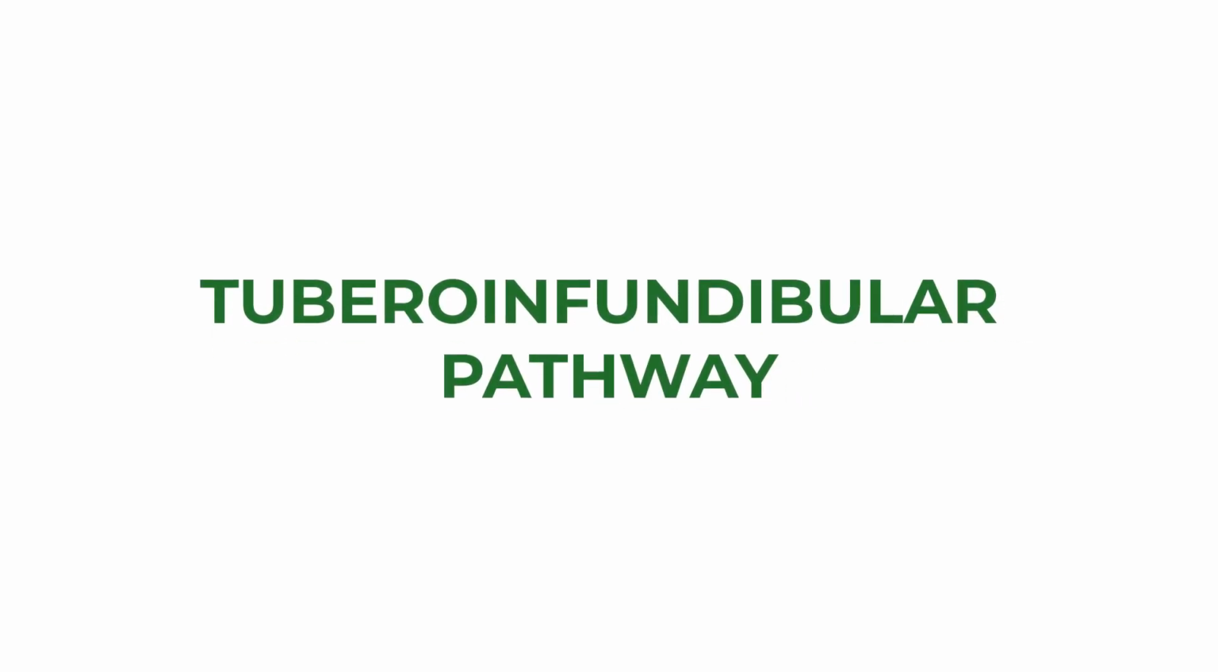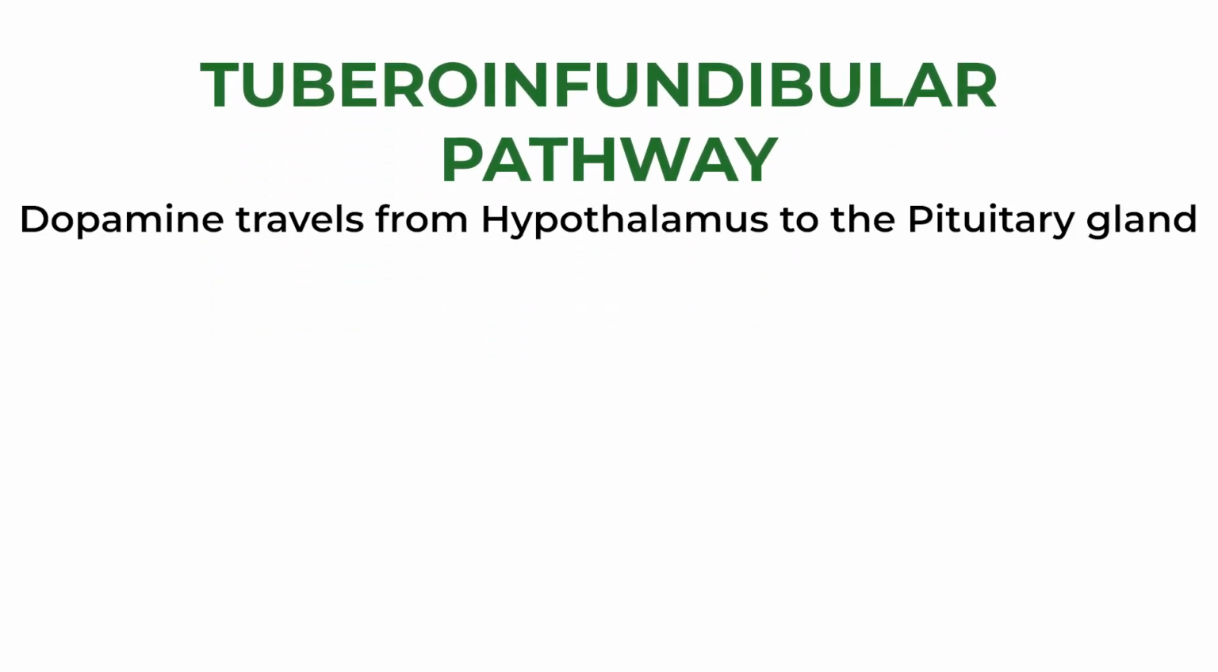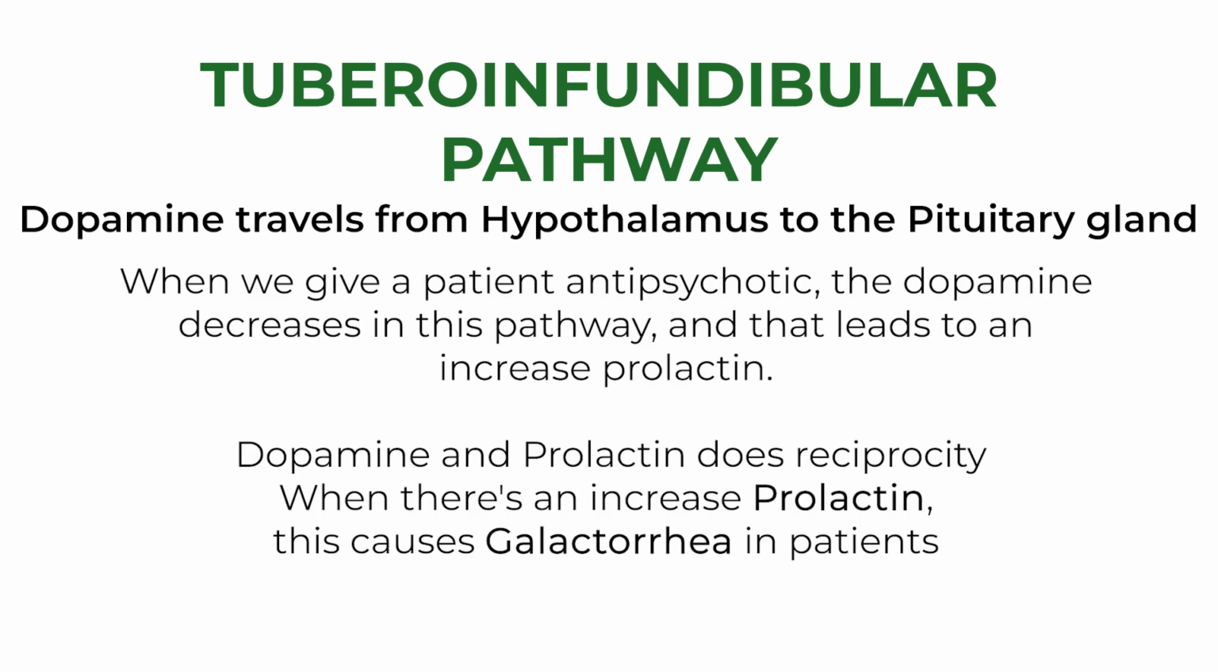And the last one is the fourth dopamine pathway, which is the tuberoinfundibular pathway. So what happens here is that there's excessive dopamine production, and it's traveled from the hypothalamus to the pituitary gland. So when we give antipsychotic to the patient, what antipsychotic does is to lower the dopamine in this pathway. As it's lowering the dopamine, there's going to be increased production of prolactin. Dopamine and prolactin also do reciprocity. When dopamine is low, prolactin is going to be high. So once there is high level of prolactin